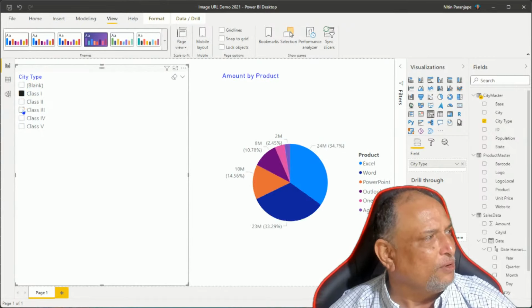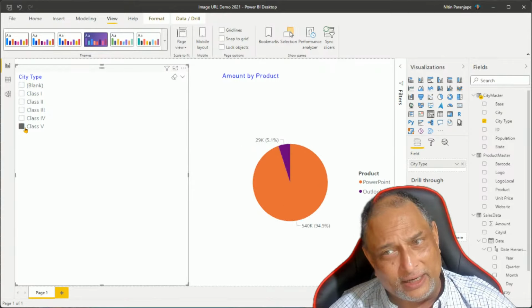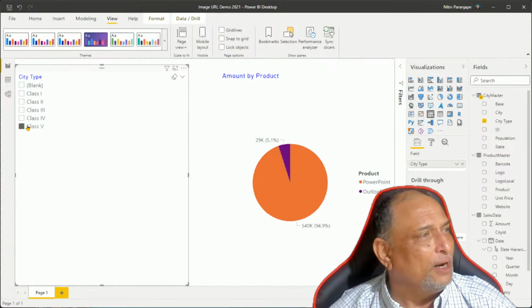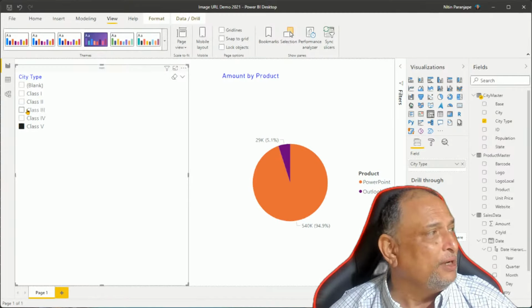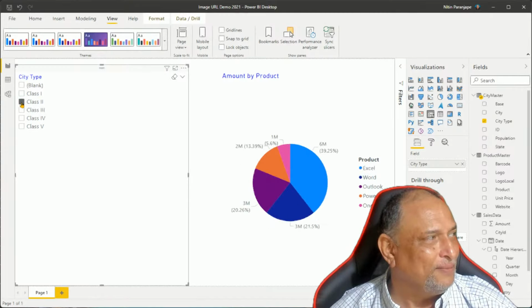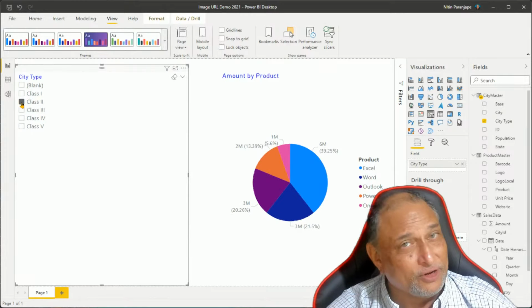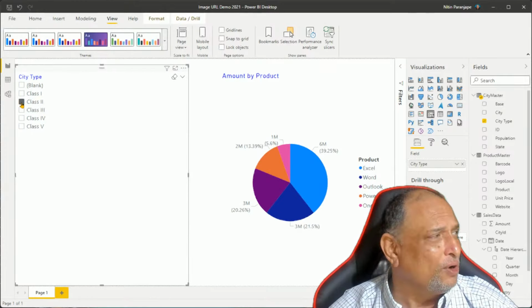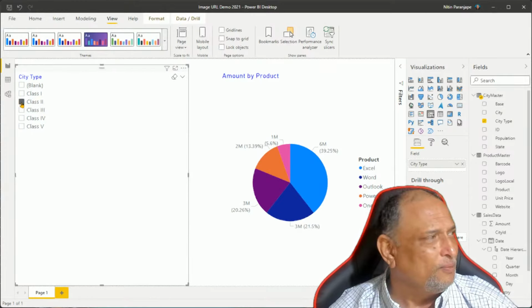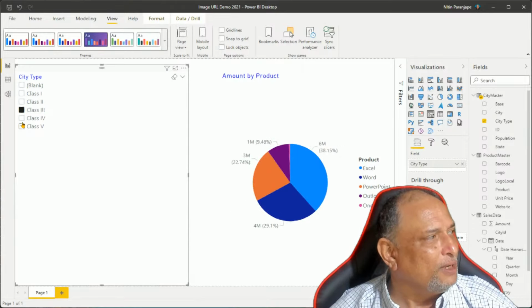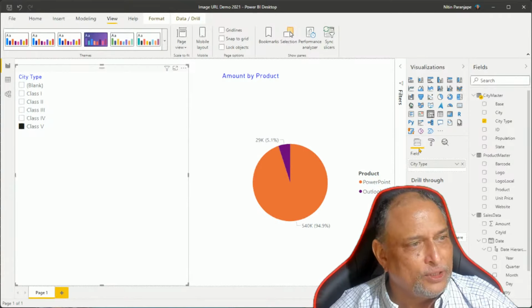You checkbox, checkbox, checkbox, but notice it's looking like a checkbox, but it is only allowing me to select one at a time. So people who understand the difference between radio buttons and checkbox may not find it professional, but never mind. Now, if I want to allow multiple selections, what do I do? So remember